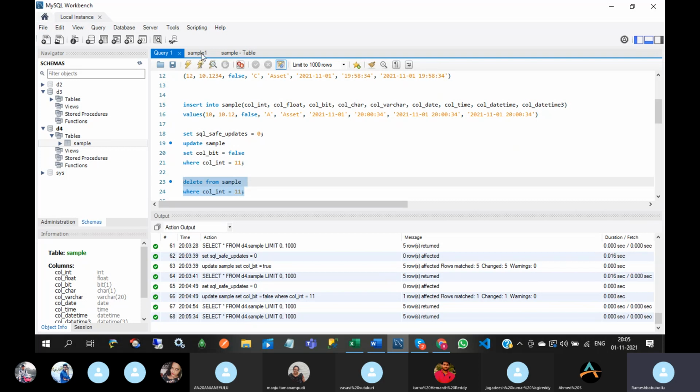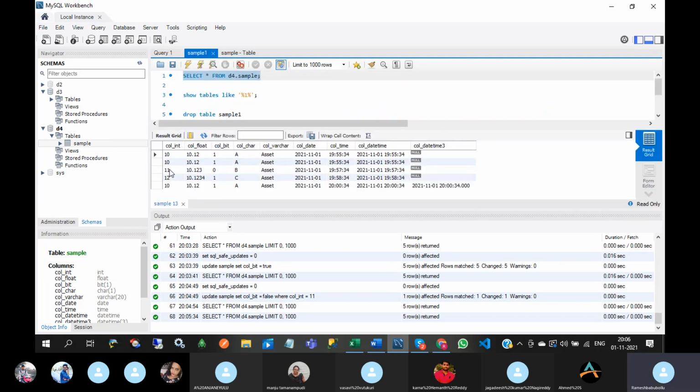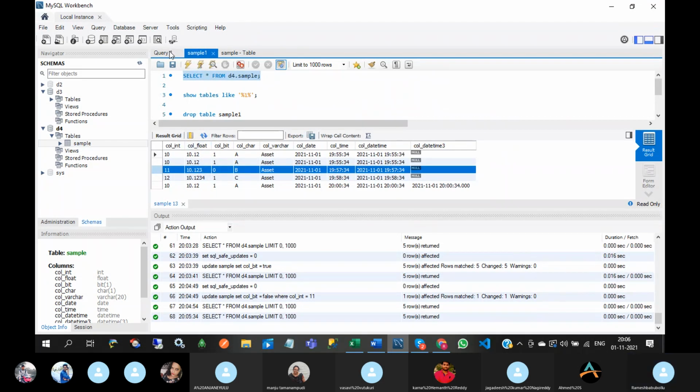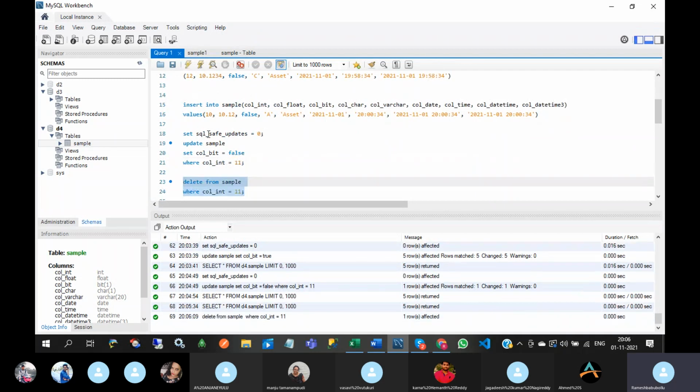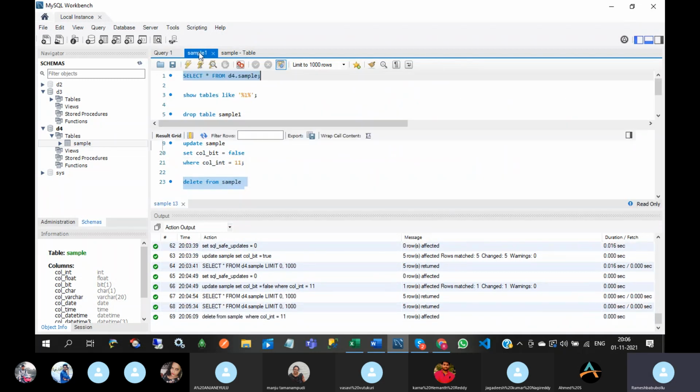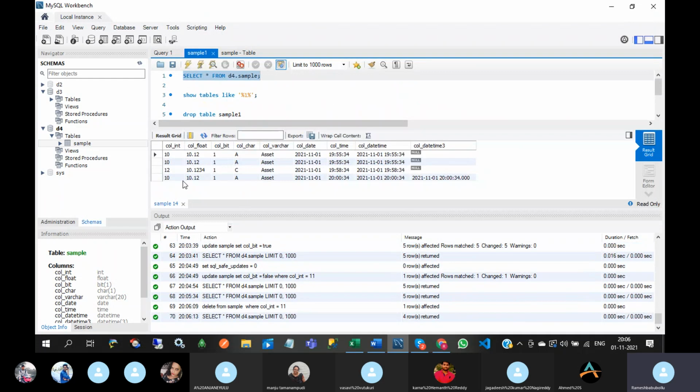If we execute this query, only this record will be deleted. Remaining records will be the same. See this, one record affected. Go to this, that record has been deleted.